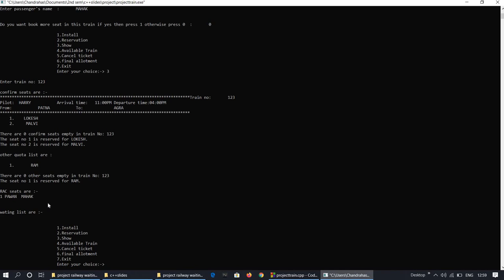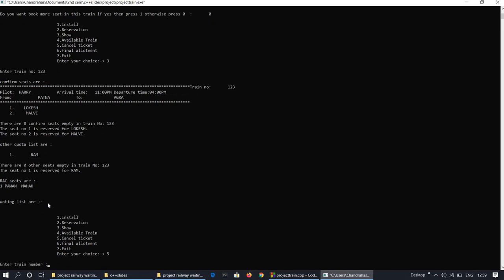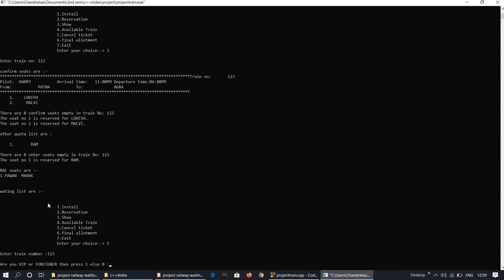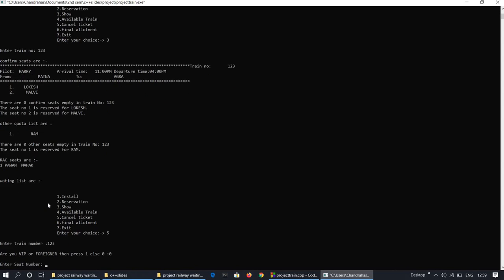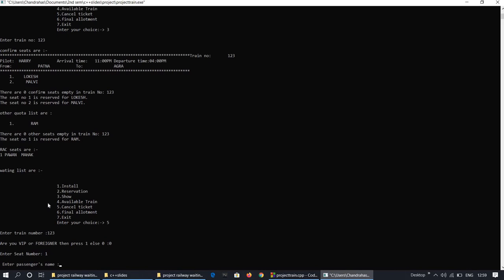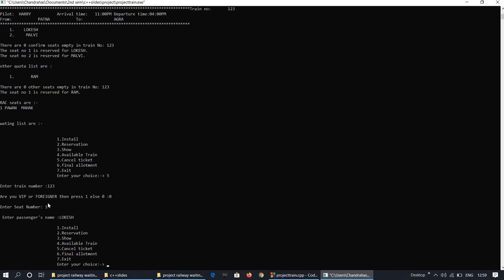After that we want to cancel the ticket for seat 1. Press 5. Enter train number 123. Enter seat number 1. Passenger name Lokesh. If both are matched, then cancellation is successful, otherwise not.